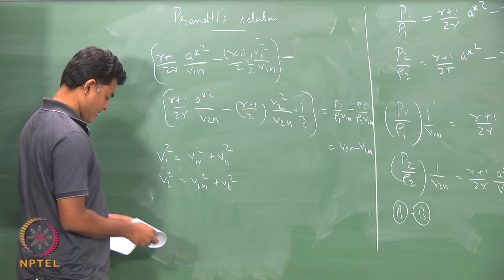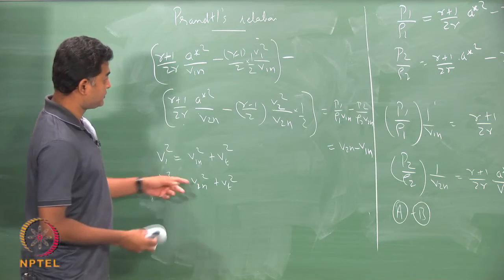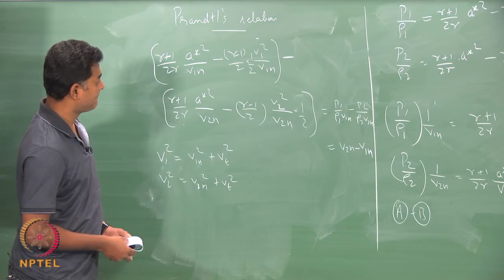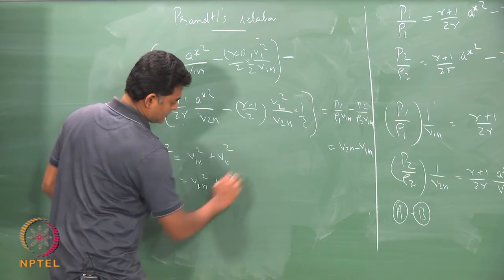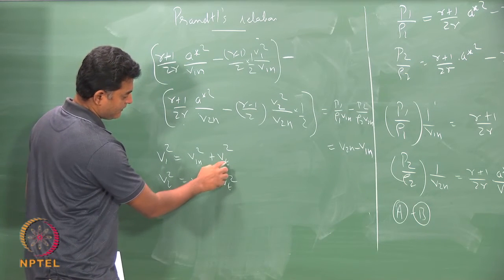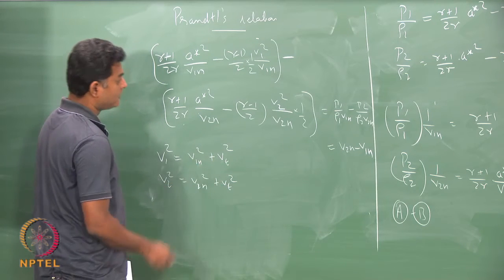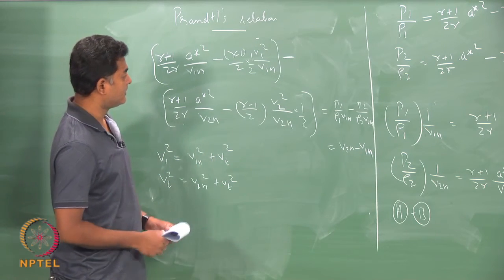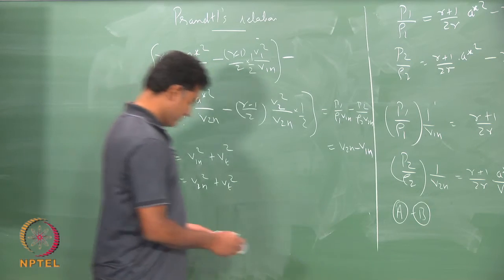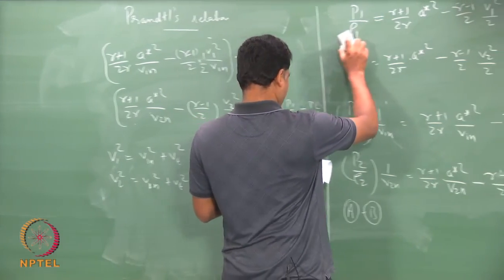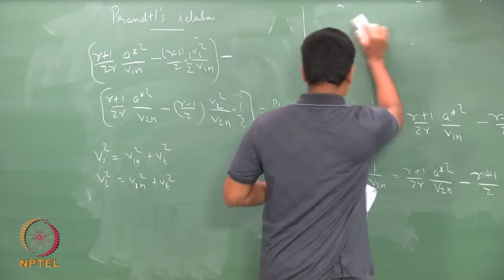T square, and if I substitute this here, and we also know V1t is same as V2t. So, I have just written Vt here. So, if I substitute that and do some simplification, I would end up with the relation